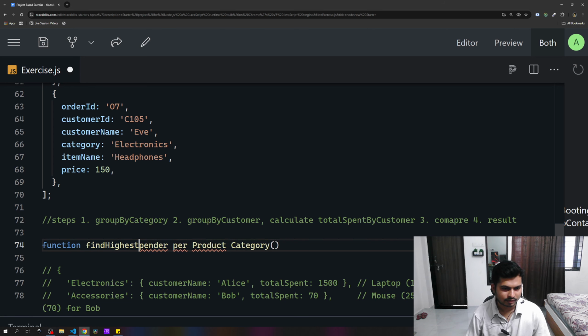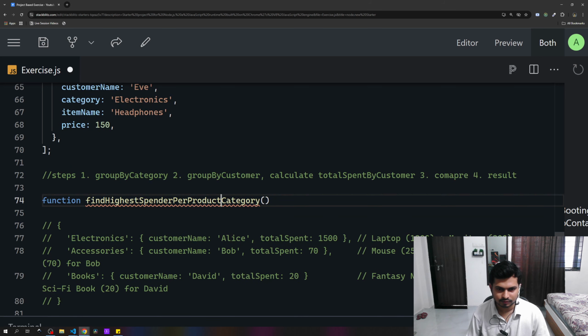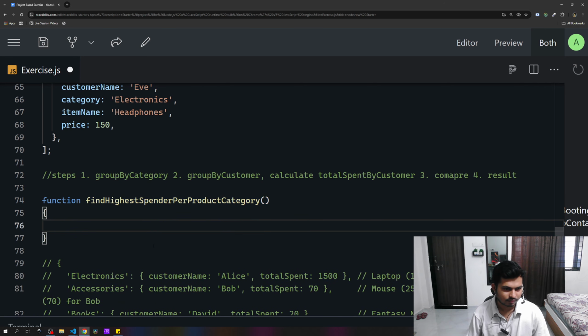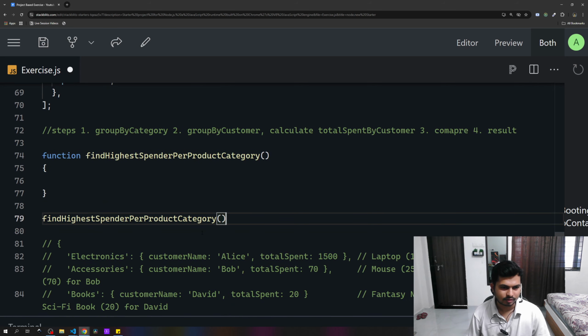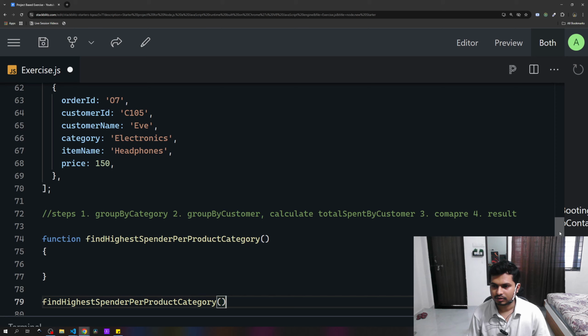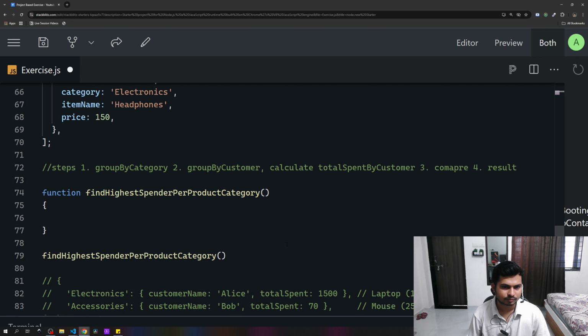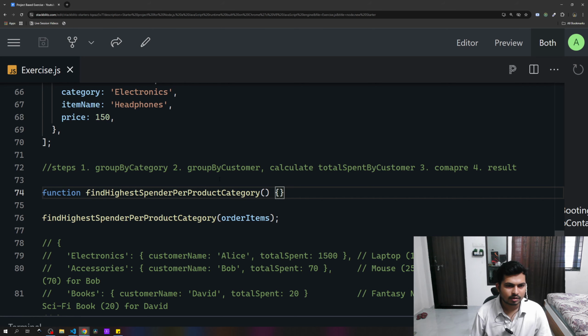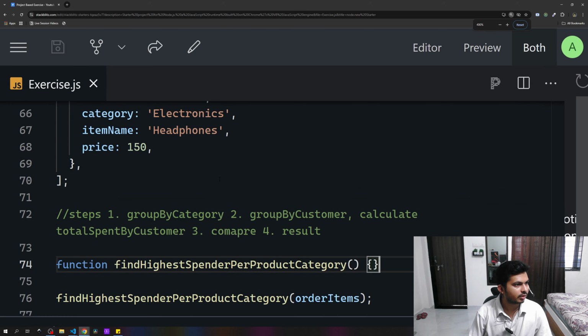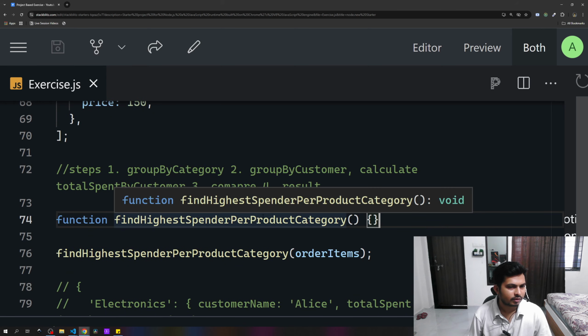This will be our function, and we can pass this data. What is the variable name? Order items. I hope all is visible, or I can zoom in a little bit. So okay,